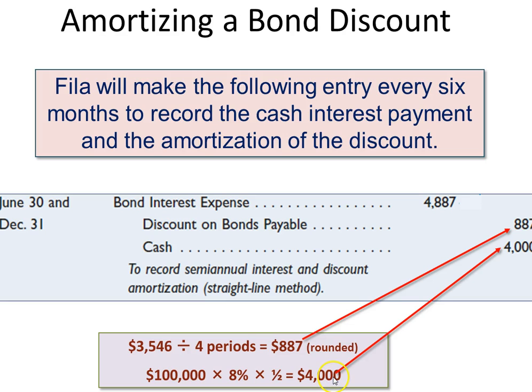So now you're paying your interest payment as an example. Here's the bond interest rate, and then you have to discount that, and here's what you're paying in cash. So your interest expense is going to include that discount amortization and the $4,000. Now remember, that $4,000 is the contract rate.